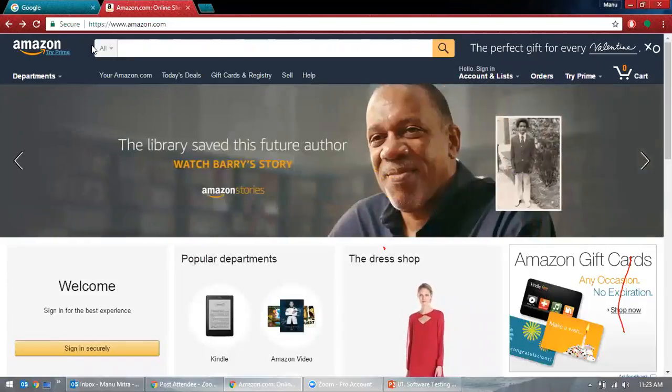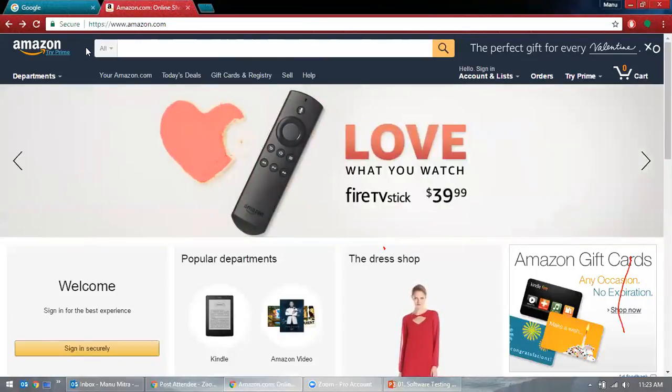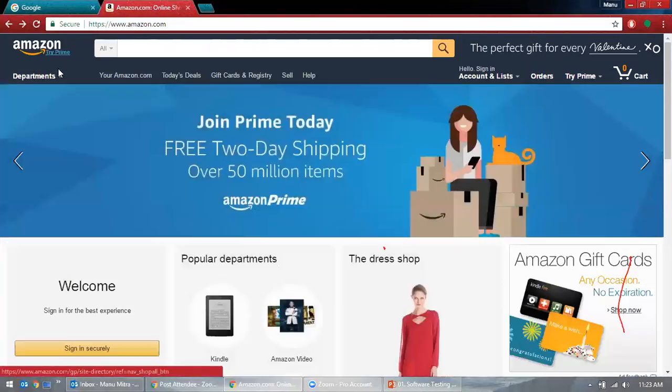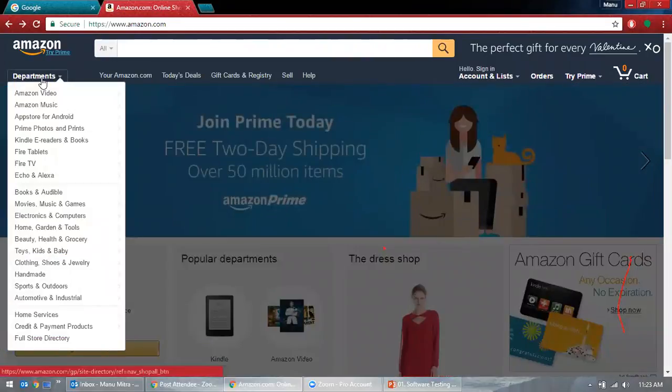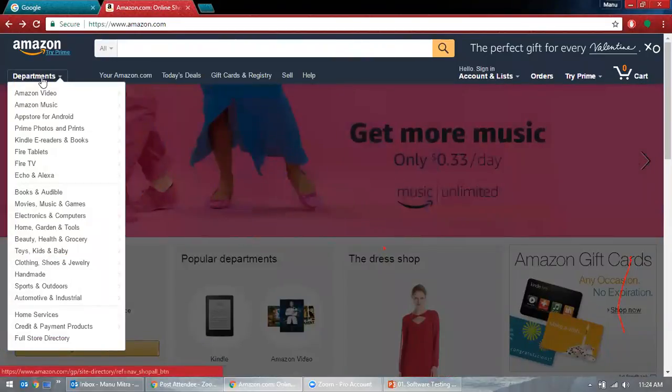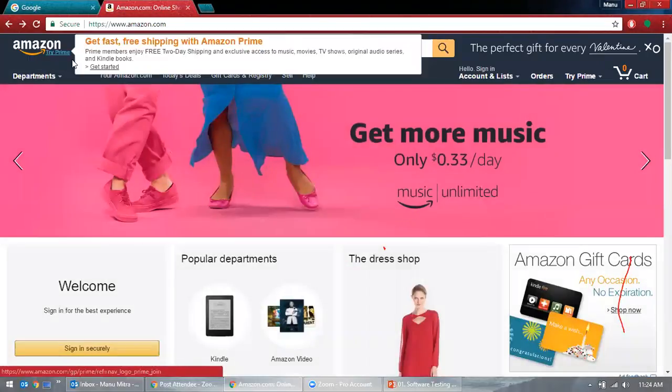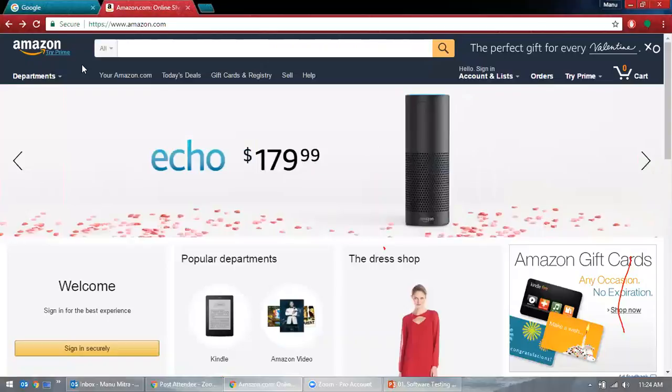Whenever I hover my mouse, let's see, I just hover my mouse over the department. I'm not even clicking anything. Remember this, I'm not even clicking here, just hovering my mouse over this department section. You see this? This list shows up suddenly, and the background light goes off. The background light is gone. You see this? Okay, so that's also functionality. That's a pretty complicated functionality. Not everyone tests that, but it's very important to know. You won't have to test anything, but you need to know, because there is such a functionality in your project. You need to really take care of that, because sometimes they are very particular about some